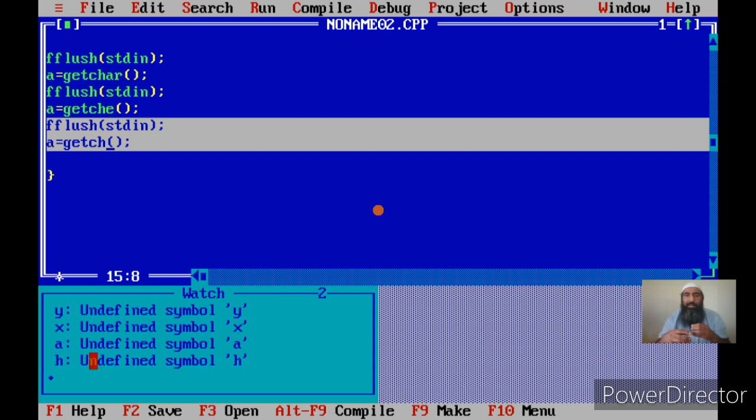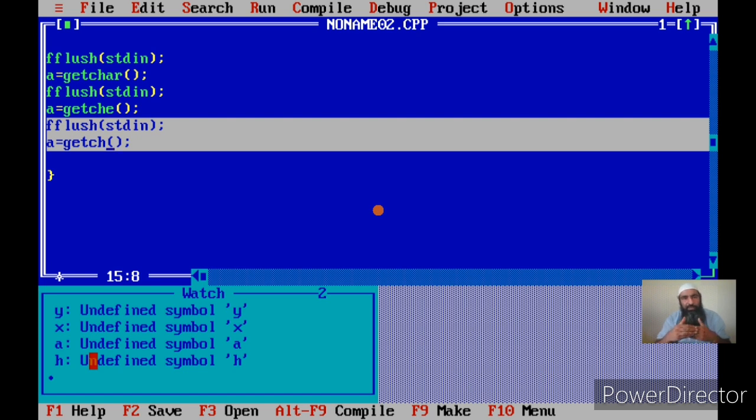The difference between the three functions is whether they display that character on the screen or not, or whether they wait for the enter key or not. We have seen that getchar takes the input from the keyboard, displays it on the user screen, and waits for the enter key. The difference in getche, we have seen, is that it accepted the character from the keyboard and displayed it on the screen. E stands for echo, and it did not wait for the enter key.